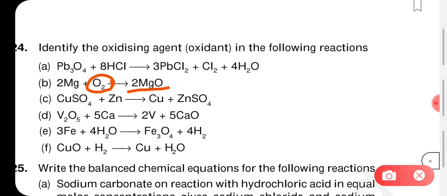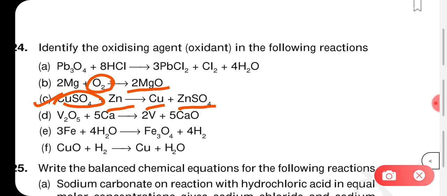Copper sulfate is acting as an oxidizing agent. What is happening? Zinc is displacing copper, it forms ZnSO4. In the process, copper is formed, right? So this copper sulfate is actually oxidizing the zinc to form ZnSO4. So it is the copper sulfate which will act as an